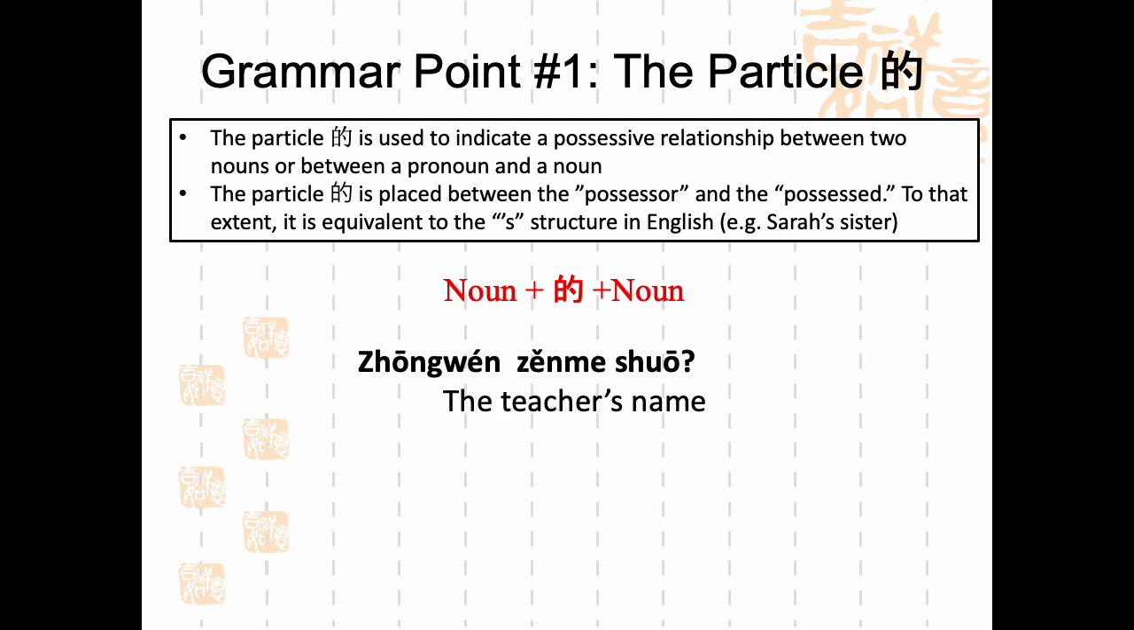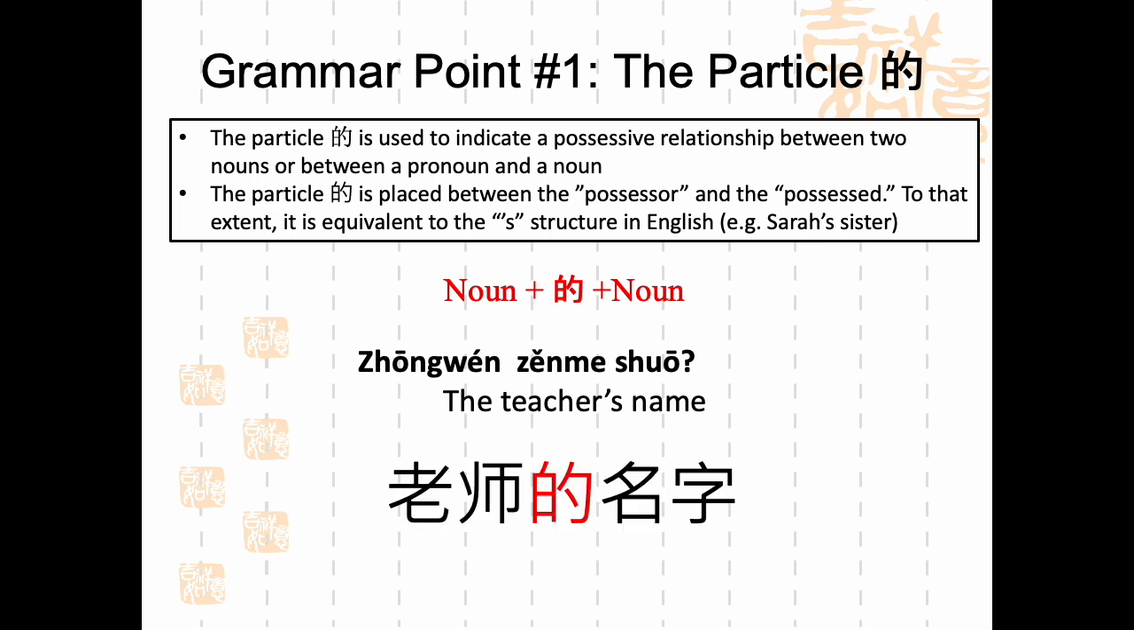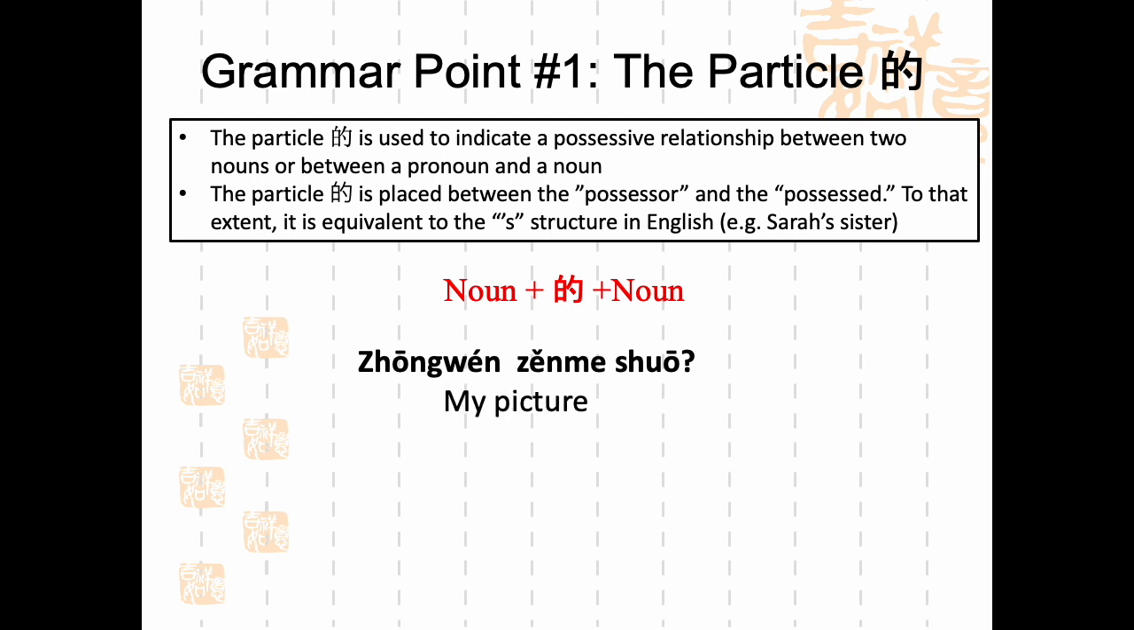中文怎么说 the teacher's name. 老师的名字。好，中文怎么说 my picture. 我的照片。